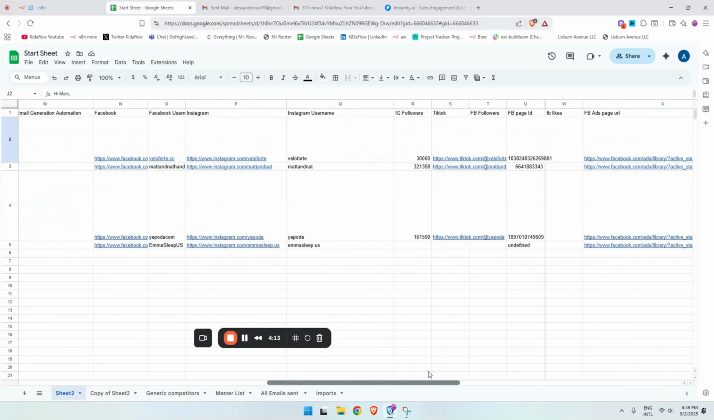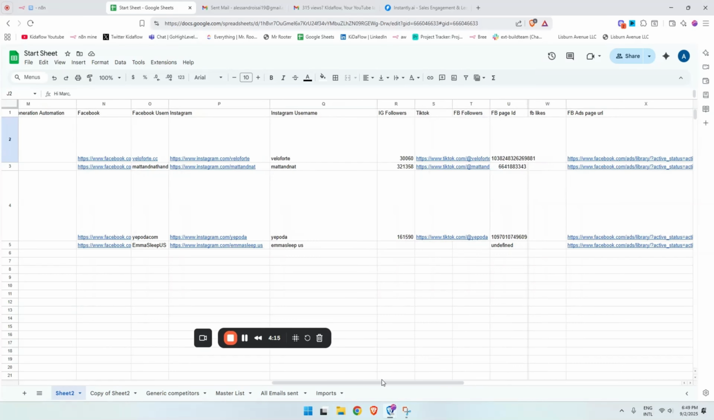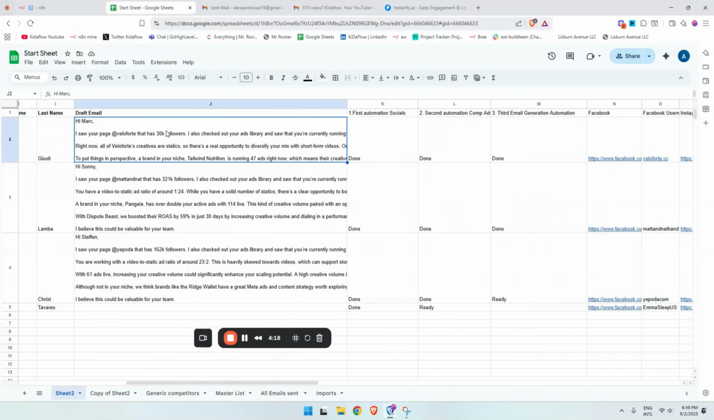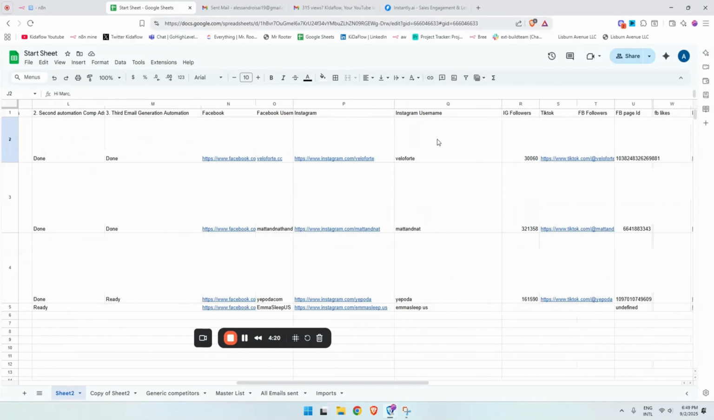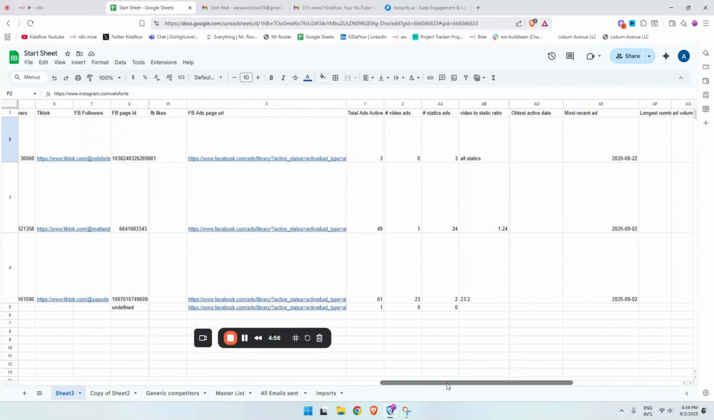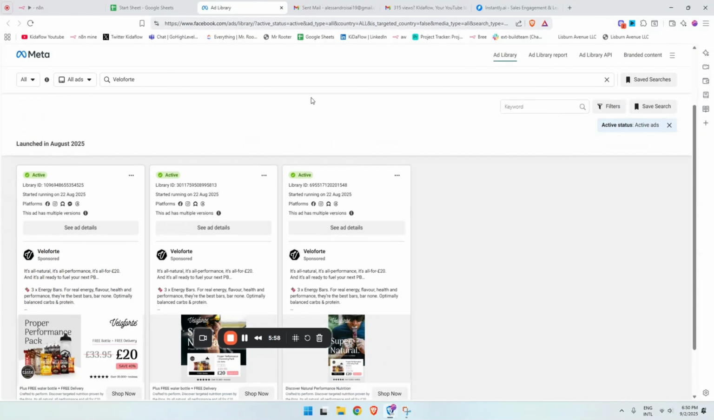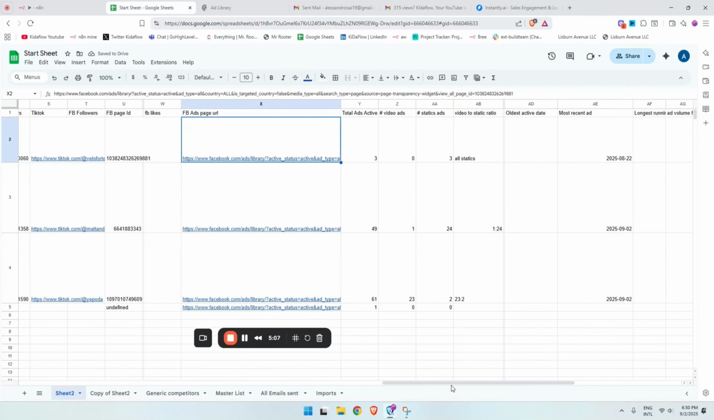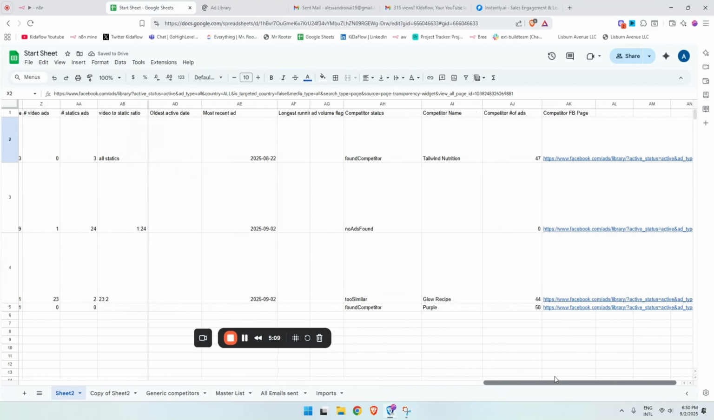For example, here it's pulling the first name, Hi Mark, along with brand details like their Instagram page. It also grabs follower count, 30,000 in this case, which we can quickly confirm is accurate. Then it identifies how many ads are currently running. Here we see 3 active ads, which checks out when we open it. The system even breaks down static versus video ads, pulls competitor Facebook pages, and uses all of that to craft